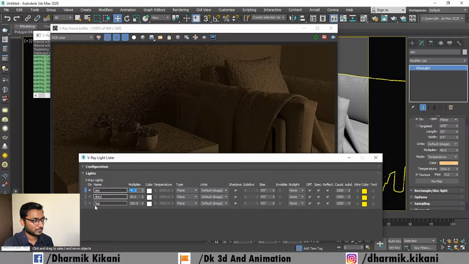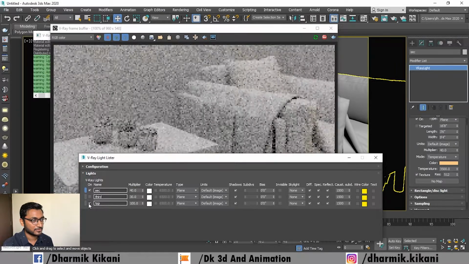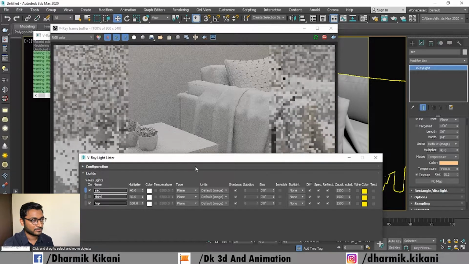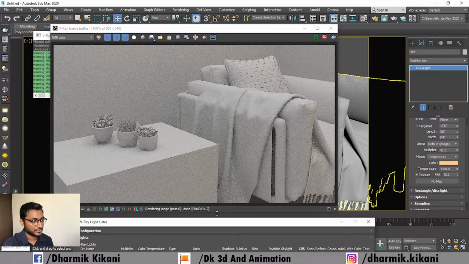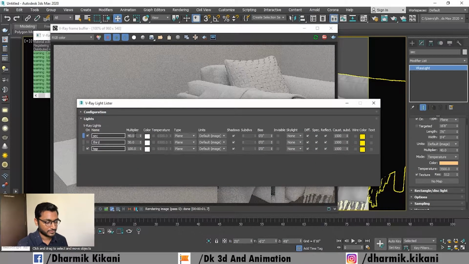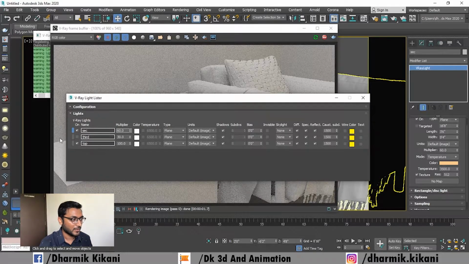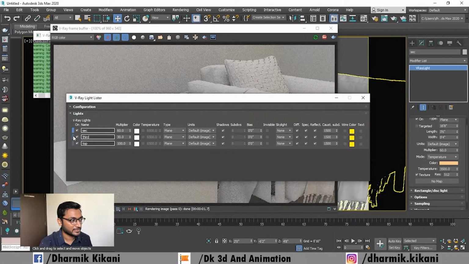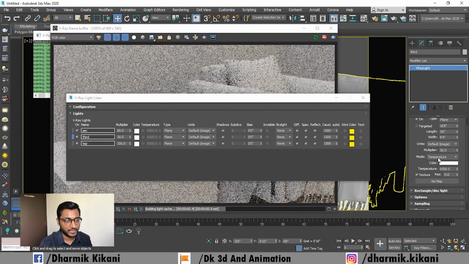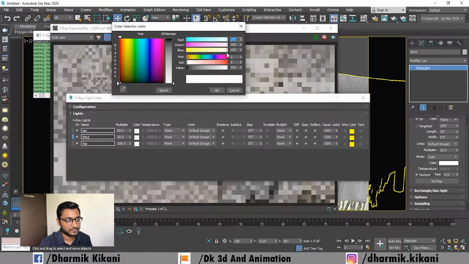Okay, now I start this light also, so you can get an idea about the lighting. I also increase the yellow light up to 60. Now I start the third light and change the shade of this light. So go to here, and sorry, I like only light and I color.